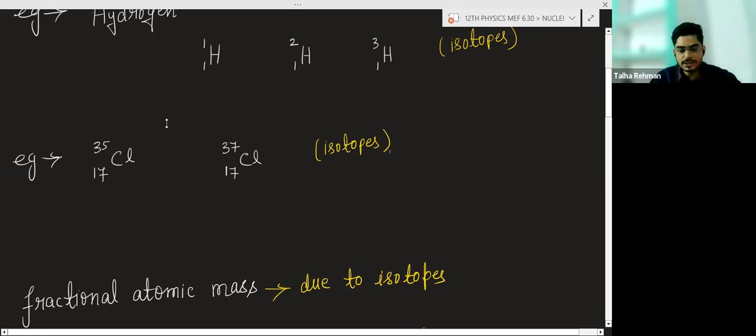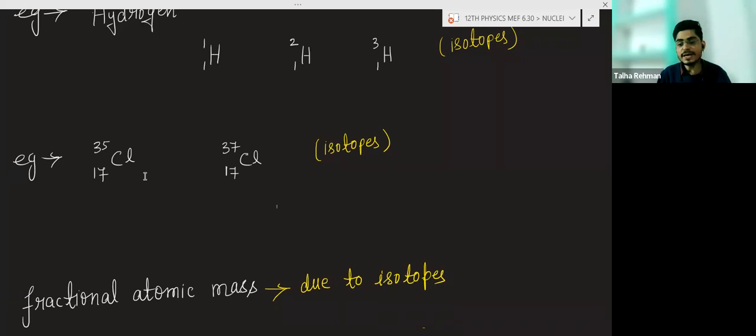After that, this topic is related to the isotope: fractional atomic mass. For example, this chlorine has two forms. One chlorine atom is in this form, another chlorine atom in this form. These two forms you will find in nature, but these two forms have different composition. And if we want to write the average mass, then how will we write the average mass of chlorine? Because in the books you will see chlorine is written like this,